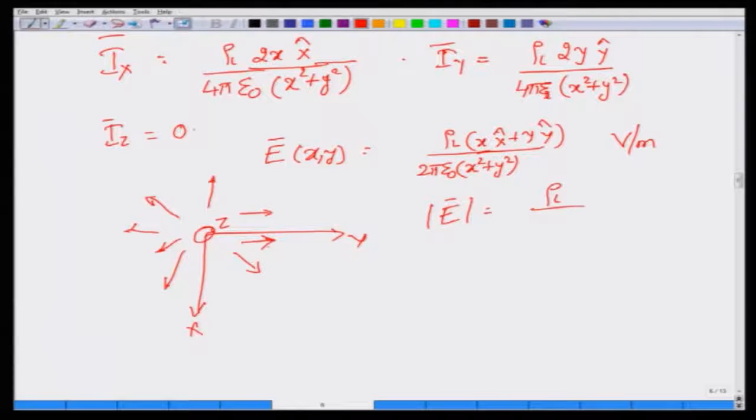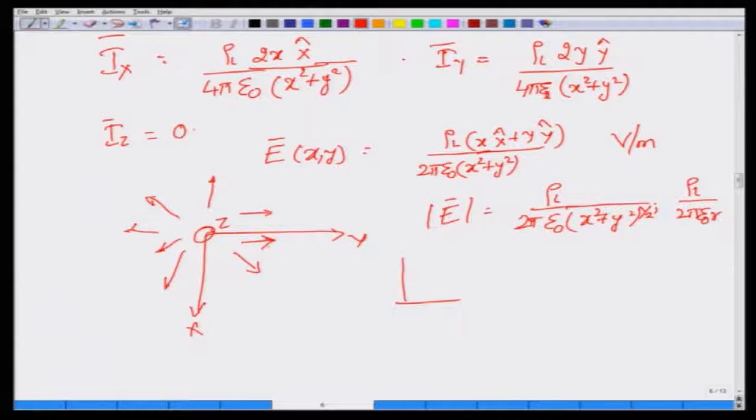So, you have rho l by 2 pi epsilon 0 (x square plus y square), there is no change here, but the magnitude of this vector x hat plus y hat is the square root of x square plus y square. Now there is a square root fellow, you can cancel that out with one of these terms in the denominator. So, the magnitude is actually going as rho l by 2 pi epsilon 0 r, where r